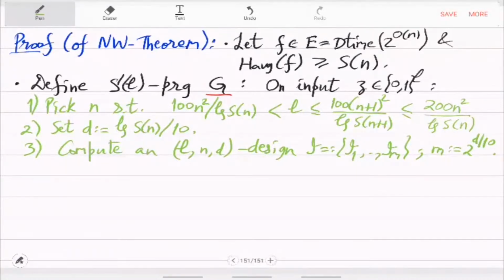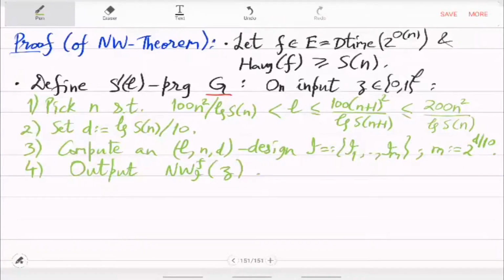So this L and D design is just a family of sets. These are 2 raised to D by 10 sets. Their mutual intersections are small, at most D. Each of them is an n subset of 1 to L, right? Remember that is the design. You can compute it in time 2 raised to D. So it's very explicit, and using this you can stretch z. So output this NW stretch. This will stretch L to M,